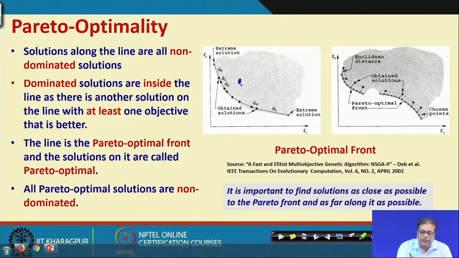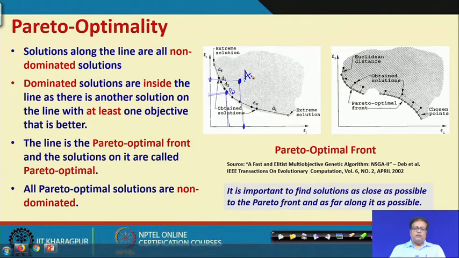Suppose this is a point A which is a solution which is inside. Now, with regard to f1 in this direction and f2, these are the values, right. Now, you can see at least one solution. Suppose let us take this point, call it B. The B is definitely better than A with regard to both the objectives. So, we can say that B dominates A, right.